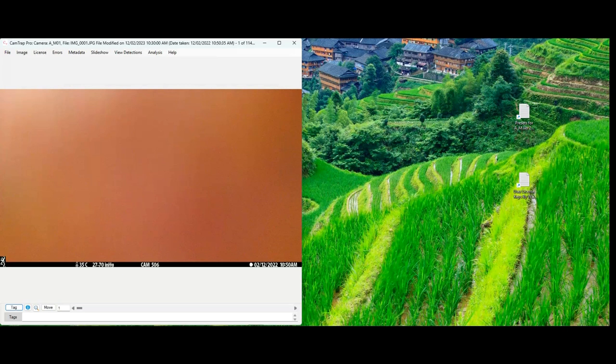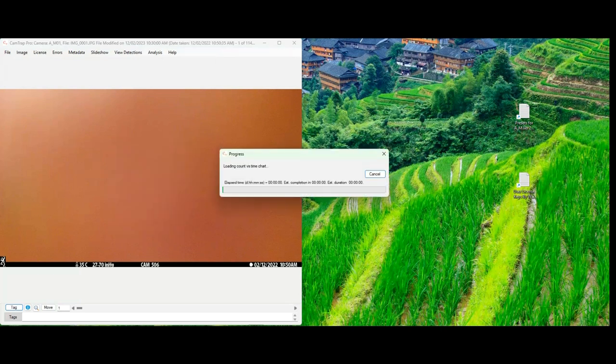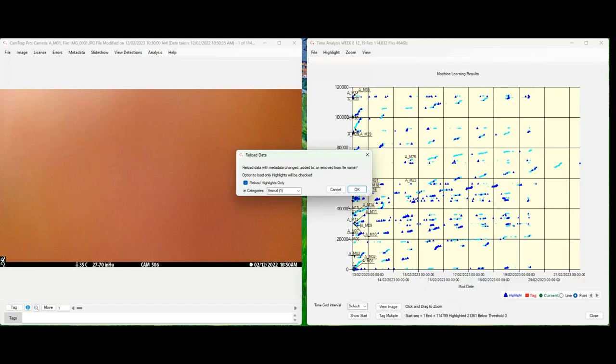So if we load up the count versus time profile, these are the default settings. We haven't got any highlights or tags at the moment, but that won't stop it from actually working. So it takes a little while to load up. Now that we've finished creating the highlights from the machine vision data, we want to reload only those images which have been highlighted,